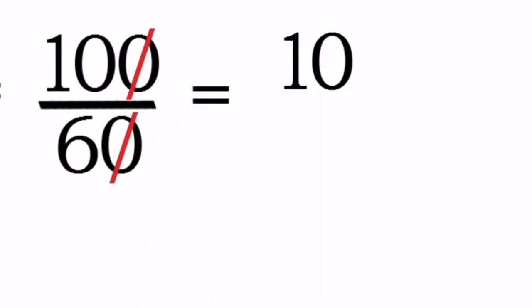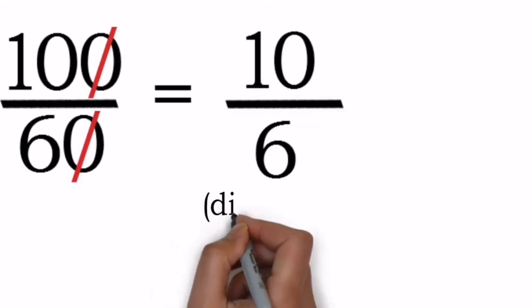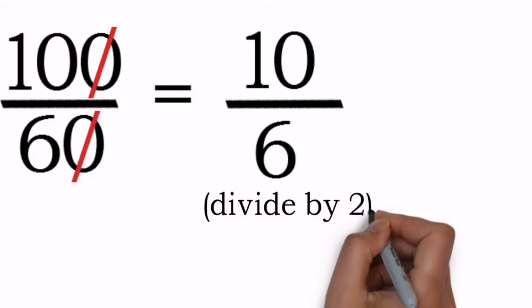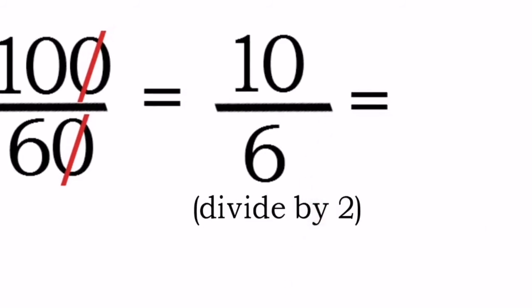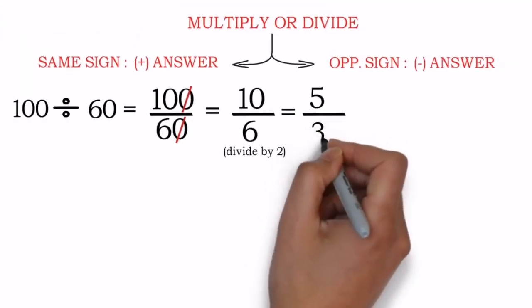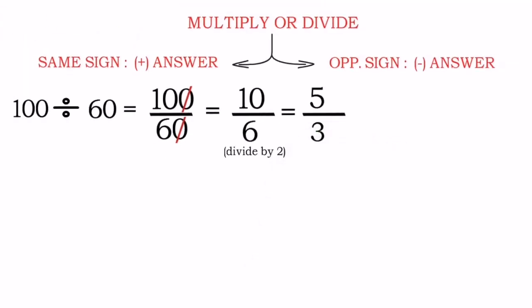Nice. Now what do you feel? 10 and 6, again in the 6 table 10 is not present, so we have to reduce it by which number? Both the numbers are divisible by 2, so divide both the numbers by 2, and what are we left with? 2 5s are 10, that's a 5 in the numerator, and 2 3s are 6, that's a 3 in the denominator. So my answer is 5 upon 3. Isn't it easier? Yes. And let's try one more sum now.